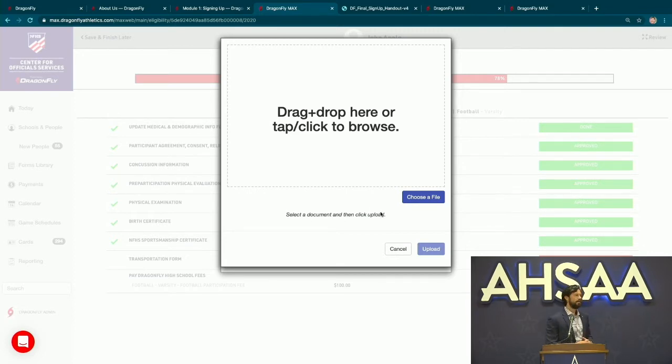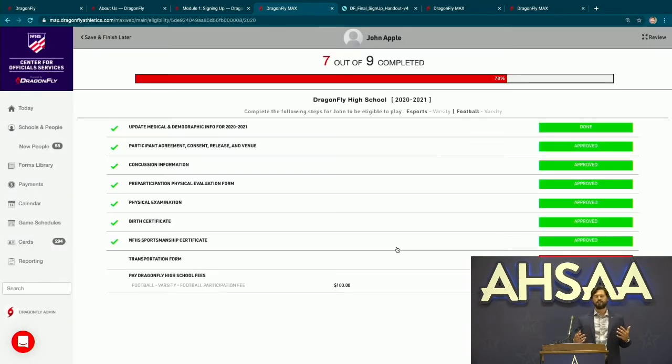Now, for a lot of you, again, you're thinking, that's still a lot of work. That's a lot of scanning. The parents won't have a scanner at home. Again, understand there's still other options. So as opposed to scanning it in, those hard copies, send it home, scan it in, again, I remind you of the mobile app. This all can be done digitally from the mobile app,